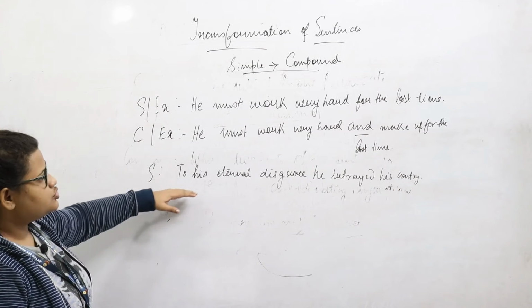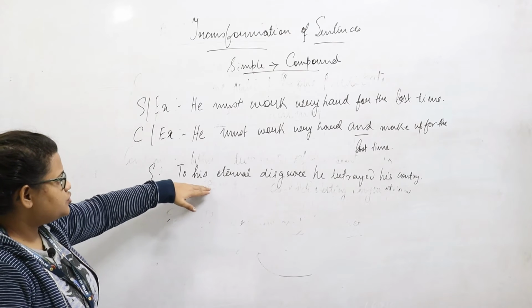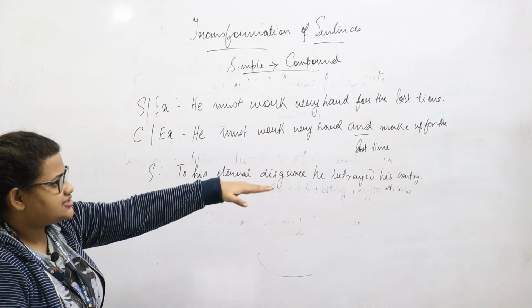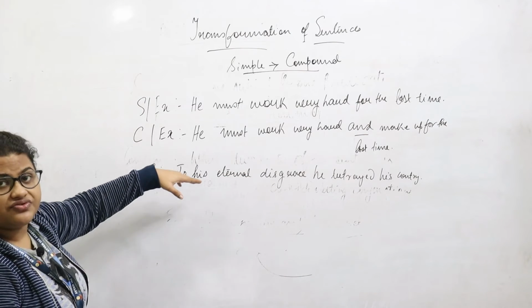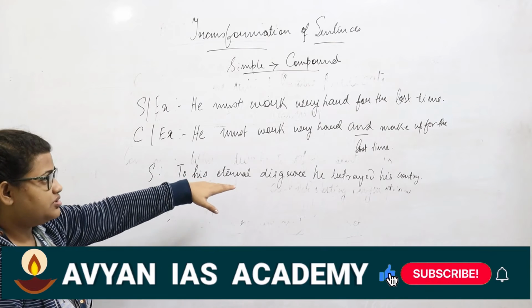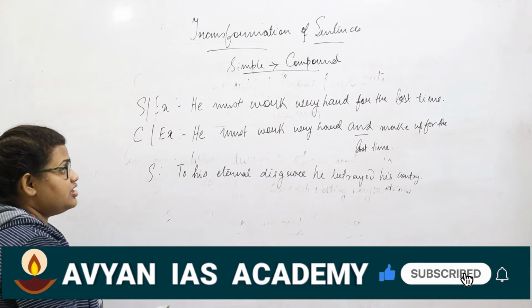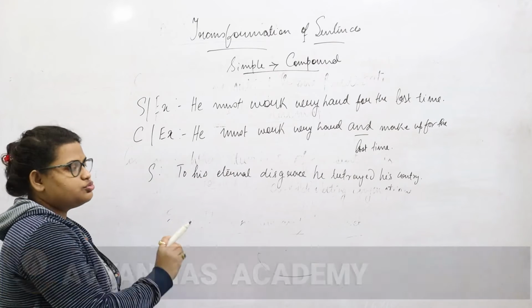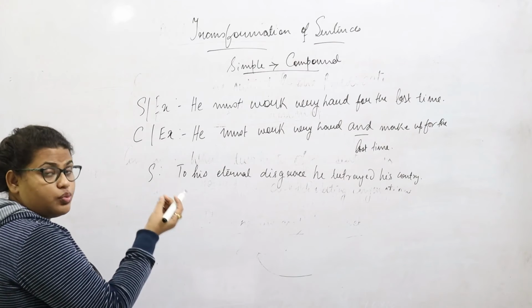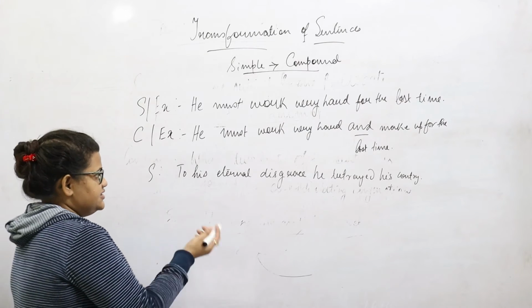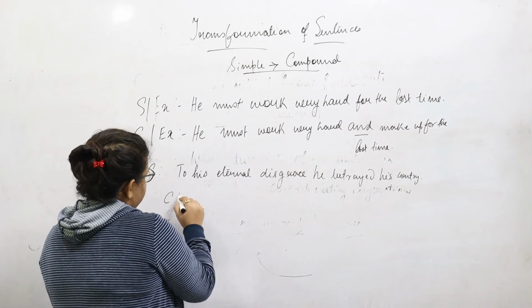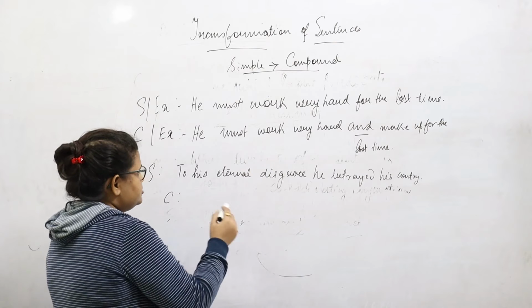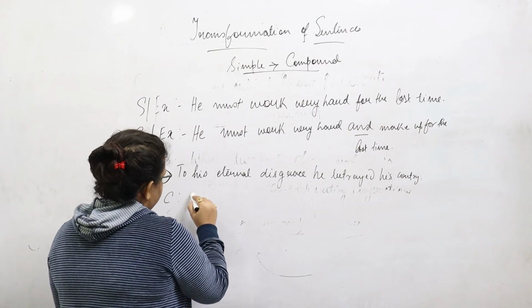Here also there is just one action that is happening, that is, to his eternal disgrace he betrayed his country. That is, it was very disgraceful of the subject to betray his own country. However, there are no coordinating conjunctions, there's just one principal clause in the sentence. This transformed as a compound sentence becomes